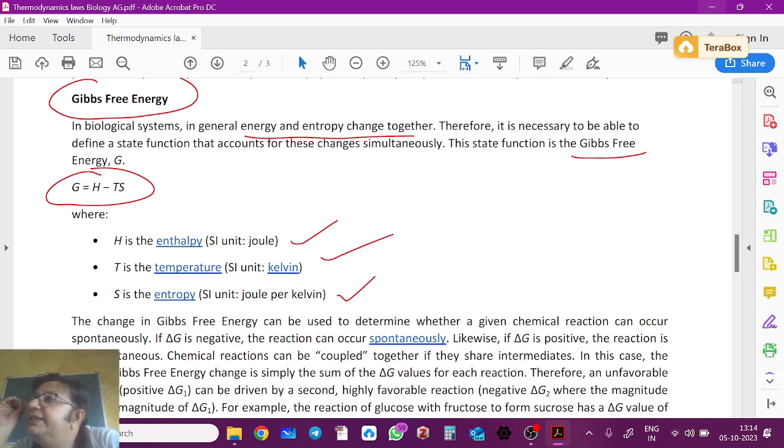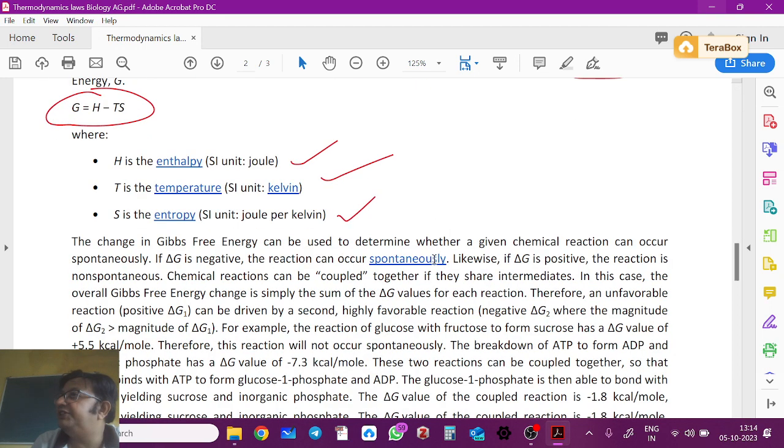At 4 degrees, ice becomes water. Okay, ice starts to melt, and entropy is increasing. At 5 degrees, it increases more. At 100 degrees, it starts to boil and becomes vapor. And Gibbs free energy change, I told you, is product minus substrate. When it is negative, it means energy is released. Energy in product minus energy in substrate, that is delta G. If it's negative, then energy is released. If it's positive, energy is taken.